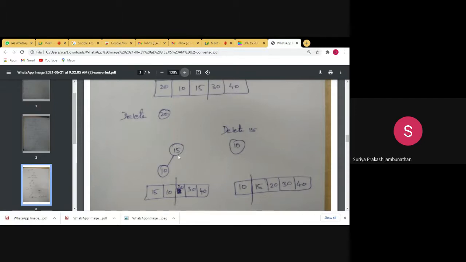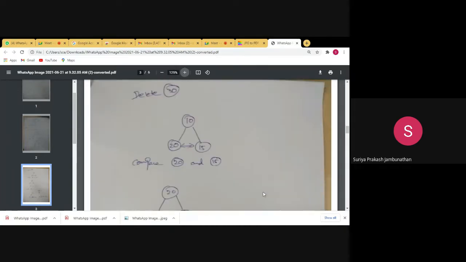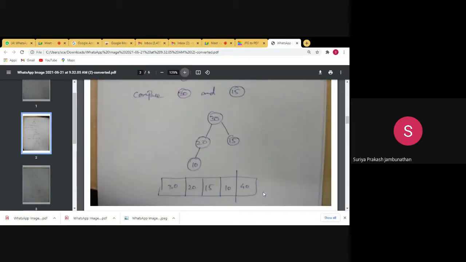Okay. Now, next, we have to delete the node. So now the root node is 15. 15 will be deleted. When you are deleting 15, 15 will be added in the non-heap place. So 15, 20, 30, 40 will come. The only element we have left is 10, so 10 will be there in the heap. So this is said to be the heap deletion process. This entire thing we discussed from the starting is said to be the heap deletion process.